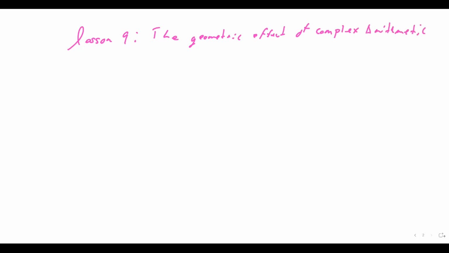Again, if z equals -6 plus i and w equals 2 plus 5i,